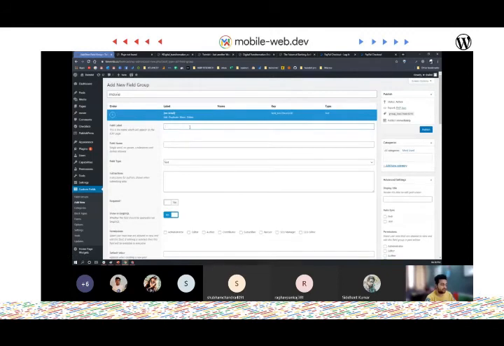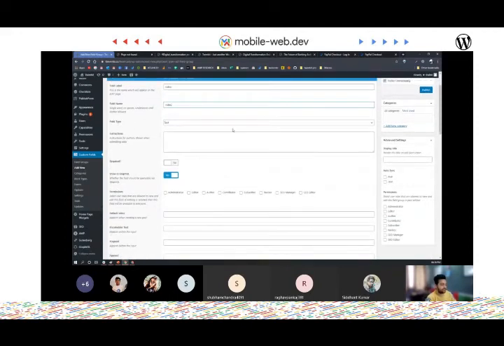So in a movie, we obviously need the MP4 video. So let's name the field name as video. And the slug that you were asking about is actually the field slug, which has to be unique. This field label can be duplicate, but the field name has to be unique.